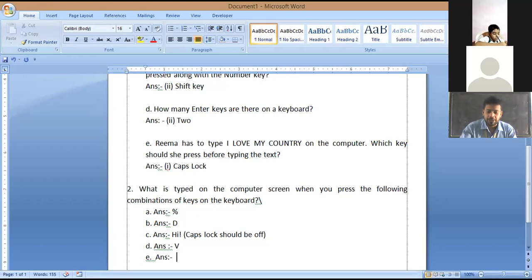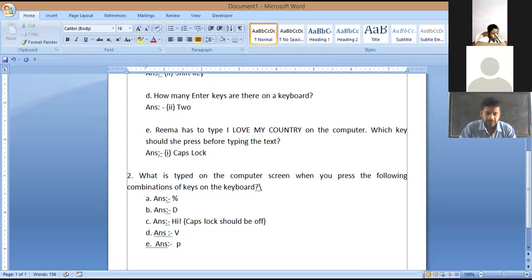See, it will print P, and in the next line it will print N. Now here also we must notice that caps lock should be off. If the caps lock is on, then capital P and capital N will print. If the caps lock is off, then small p and small n will print.